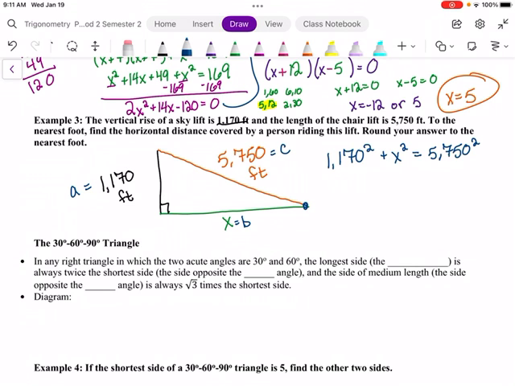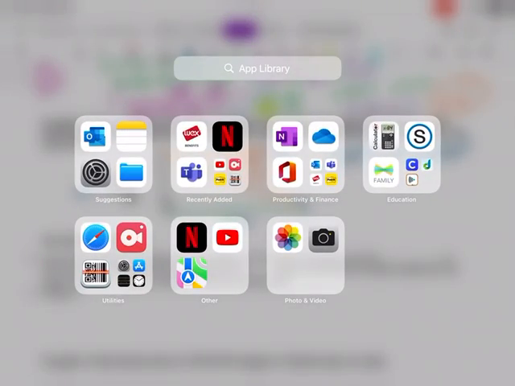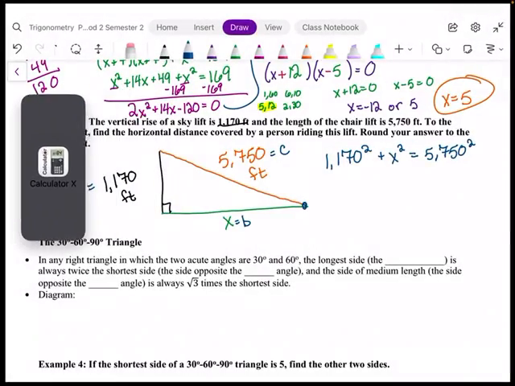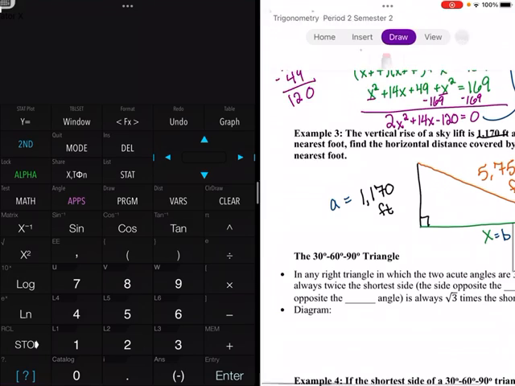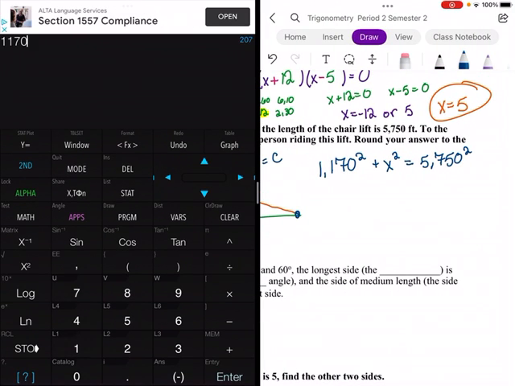And we can go ahead to our calculator and pull that up to figure out what these numbers are. 1,170 squared plus x squared equals